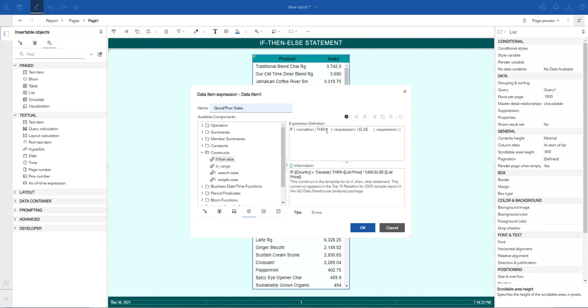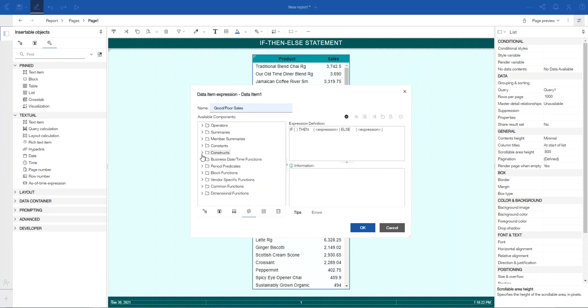The then part of this function is executed if this condition is true. But if the condition is false, then the else part of the function is executed. So I'm just going to delete this, and we're going to fill in the required information based on what you're trying to create.